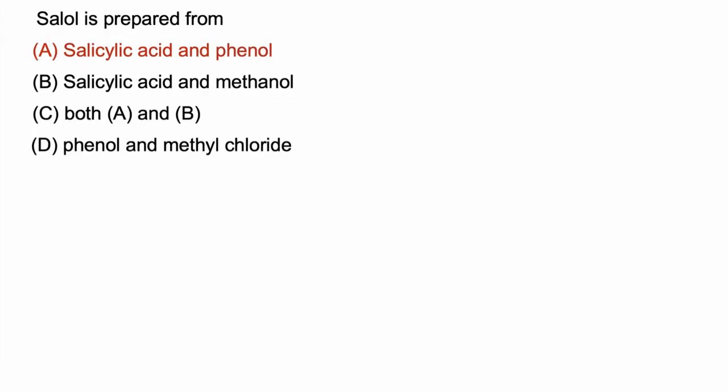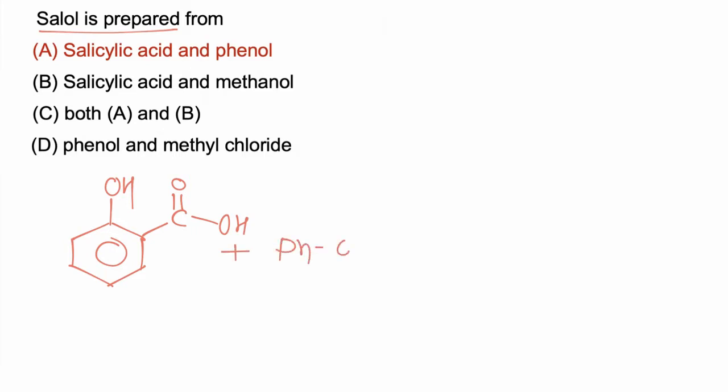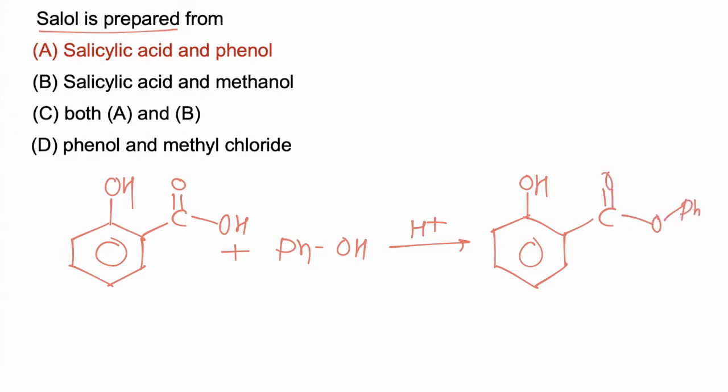In this question, we have to identify how salol is prepared. So actually salol is phenyl salicylate, and phenyl salicylate is prepared when salicylic acid is treated with phenol. Now phenol under acidic condition will form ester. Now this ester is called phenyl salicylate, which is commonly known as salol, which is having antiseptic property, so